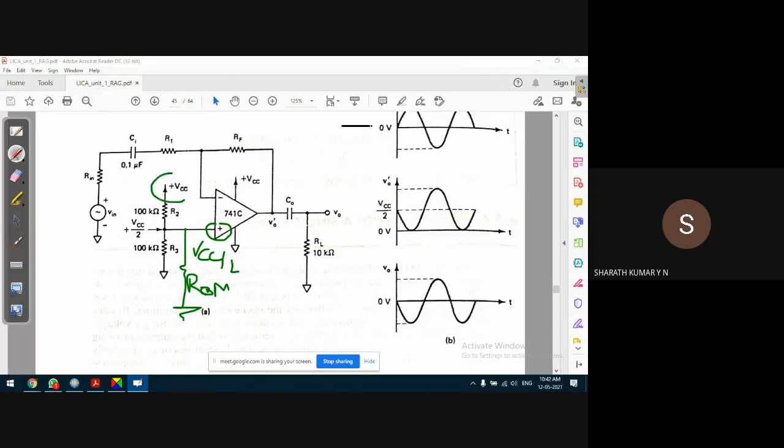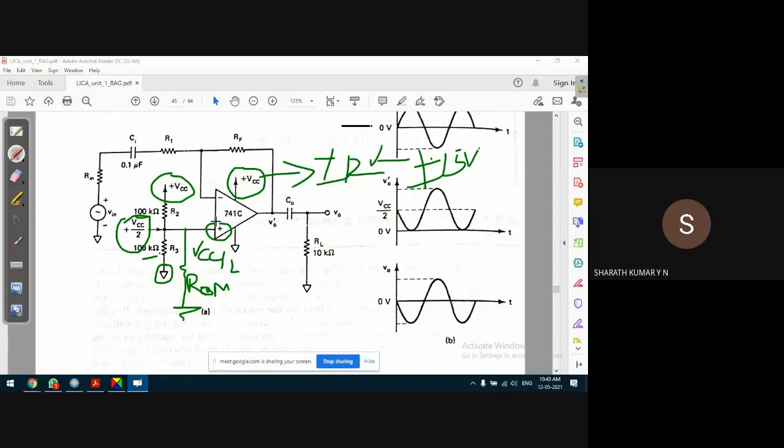So at one end we have VCC, we have two resistors which act as a voltage divider network. The other end of this resistor network is connected to ground. It's a potentiometer basically. So vary the potentiometer such that we arrive at VCC by 2. You may ask a question, why a potentiometer? We know VCC, so apply VCC by 2 here. It may not be the case because we may vary VCC from plus or minus 12 volts to, for example, plus or minus 15 volts. This is possible. So it is better to use a potentiometer.